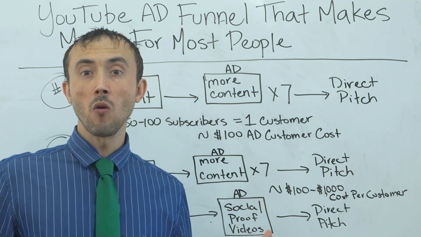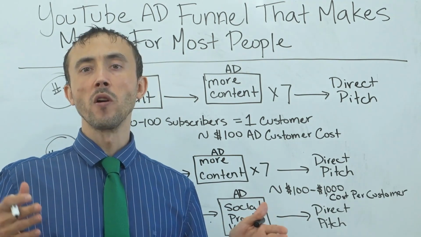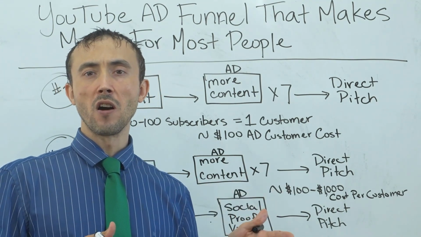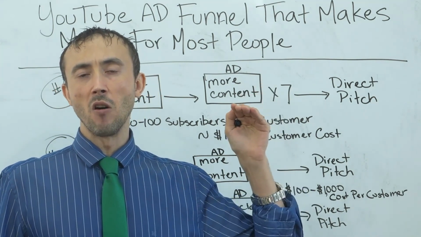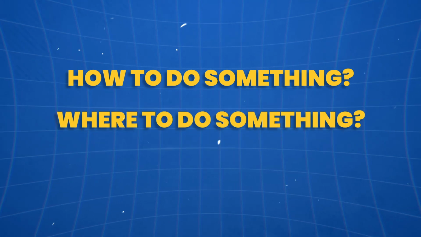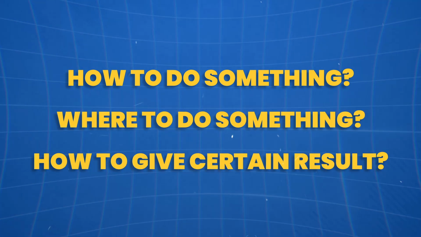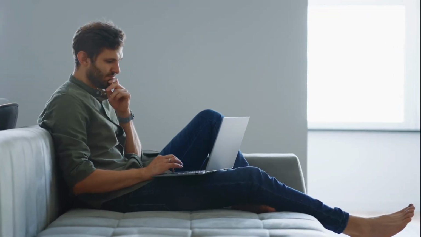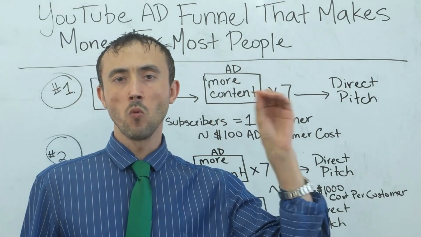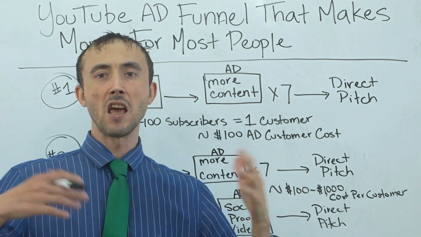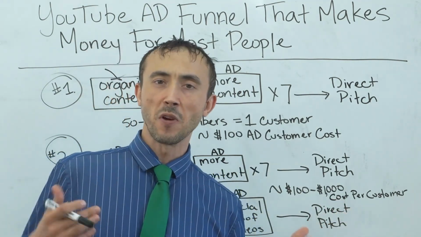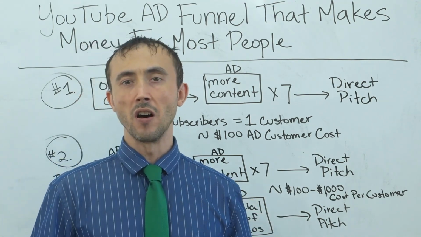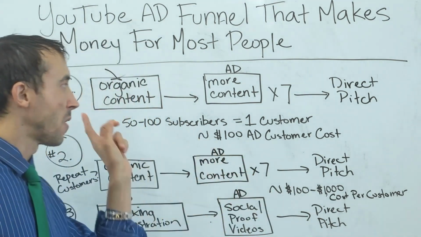And you can easily find out what content you need to make for your users and what they want by going to Google keyword tool and searching for what people are searching on Google to try to find out. That is, how to do something, where to do something, how to get a certain result. And then all you're going to do is take the query that people are normally looking for to get an answer, and just answer those questions through video. Yes, it's very boring to do this, but this is the proven way to do it though. If you want it to work every time using this funnel, that's what you do.